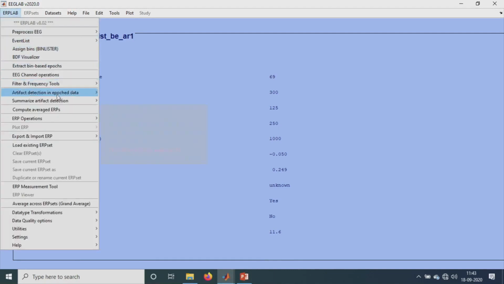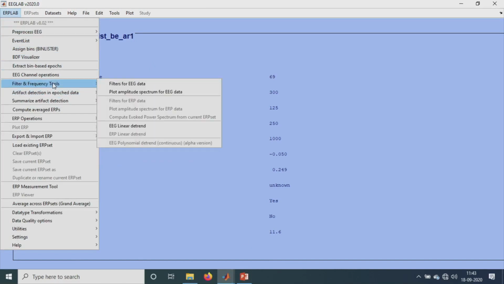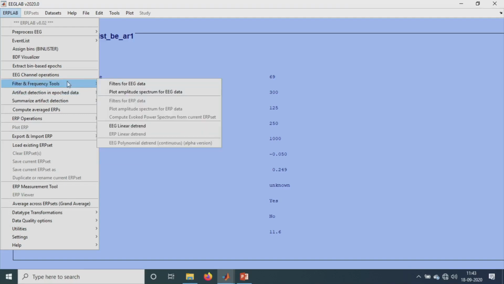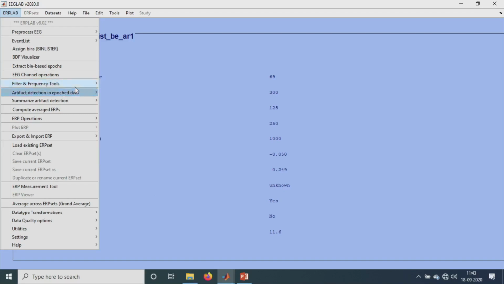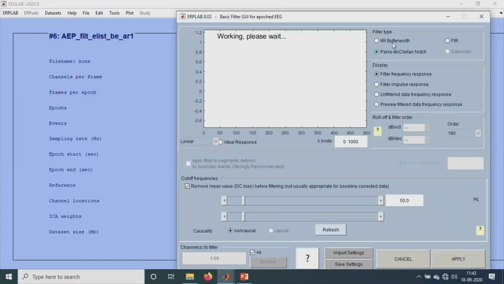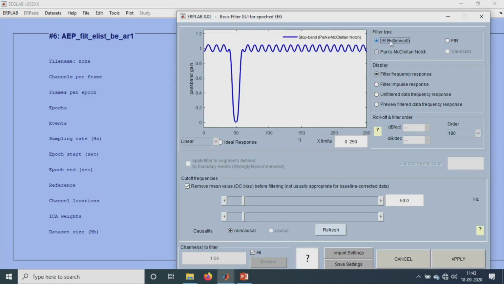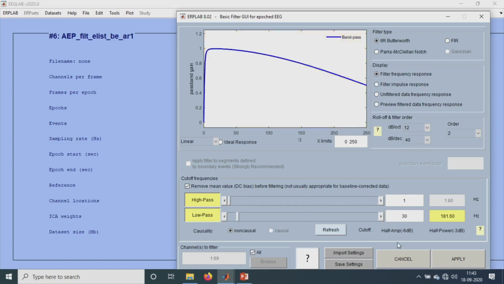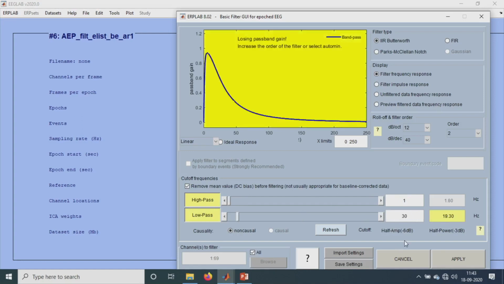Next, what we will do is we have to do the filtering again. Even though we didn't apply any filter while acquiring the data, we have done some filtering options, but even during the data processing we need to do the data filtering steps. So we will filter the data using this Butterworth filter. We usually take from 1 to 30. Usually this is the range in which we do the bandpass filtering.